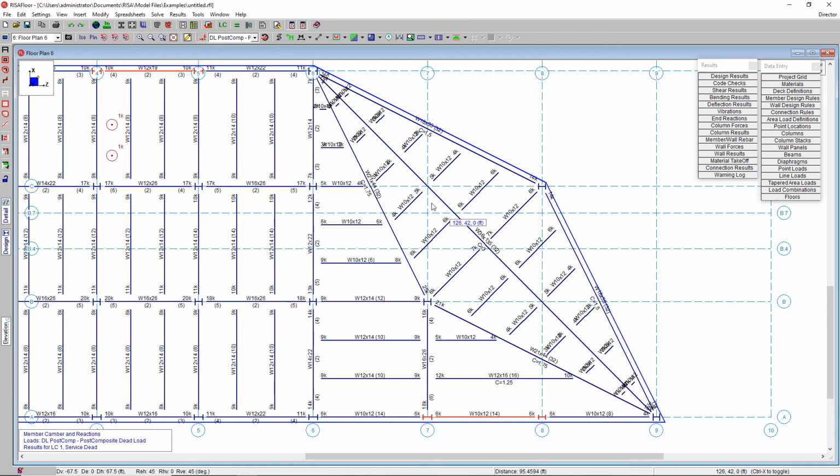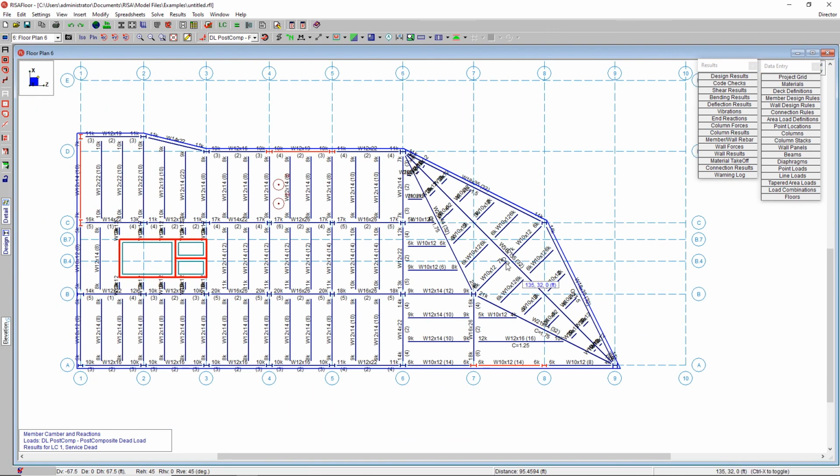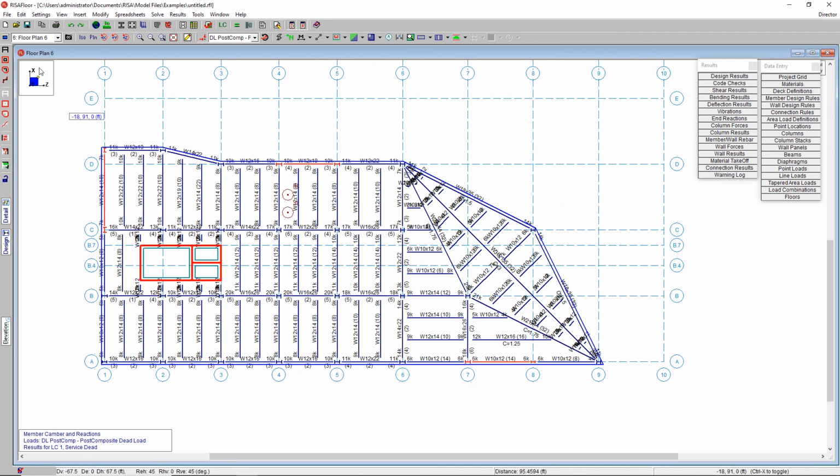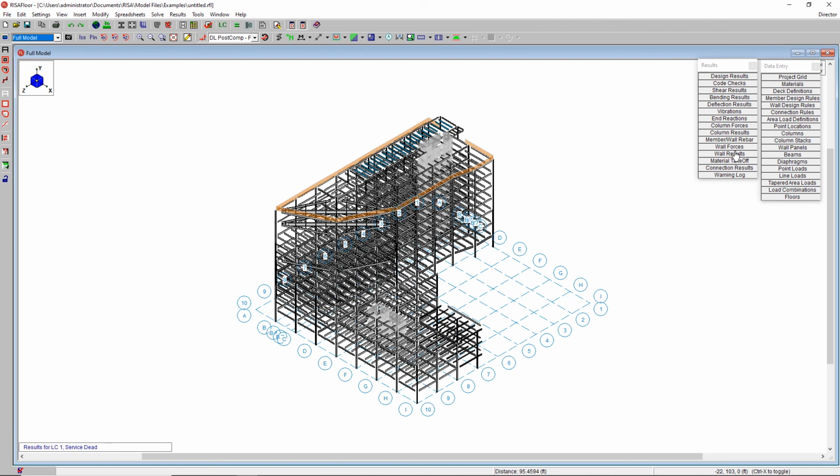If you decided you did not want to, you can uncamber those, and you can probably start to break this up. This is a really long beam, but it might help you to design it if you're not able to ship that long of a beam like that. You've got a lot of different options to get these real long ones going. But now, at this stage, we've fully designed it every way we can. We can walk through anything we need here, but we want to then go into RISA 3D. So after we've gotten all this set, we're going to use our director tool, and we're going to move into